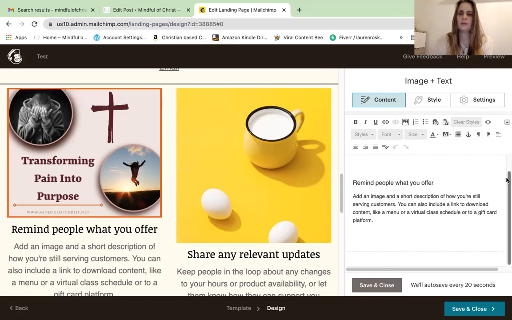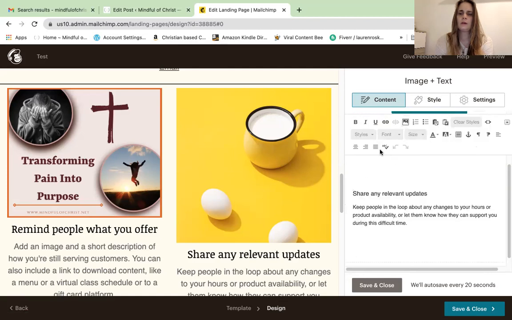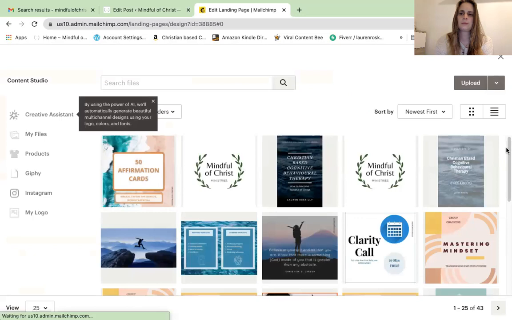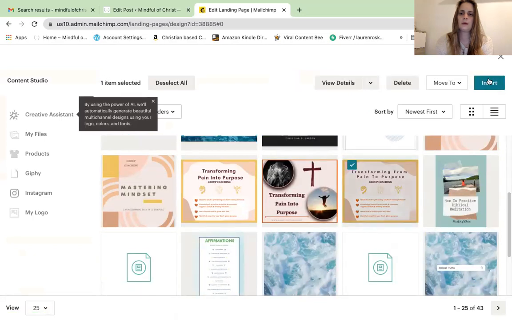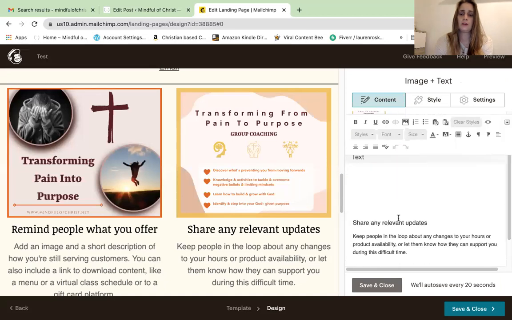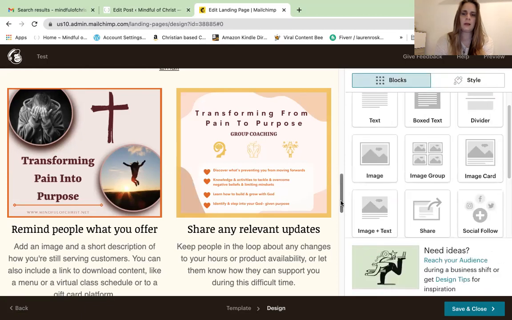And then you can do the same for the second column. Click on column 2, and you can do the same again. Replace. I'm just going to choose this to show you. Insert. And then you've got that in there, and then you can change the text down here. As I said, obviously if you click on style and settings, it takes you to exactly the same context as before. Again, it talks about font, style, size. I'm not going to go into all that every time, so I'm just going to click save and close,